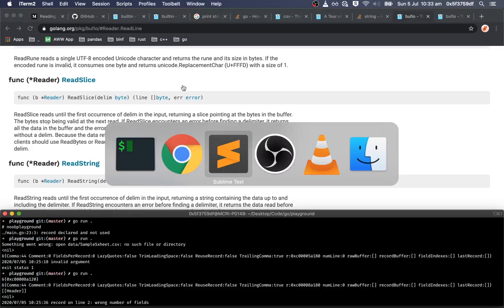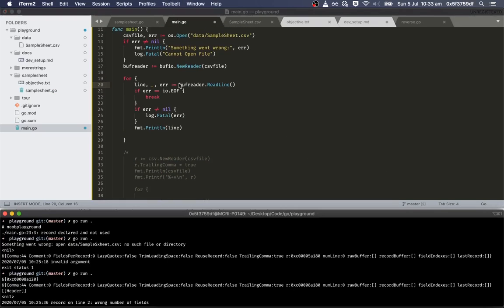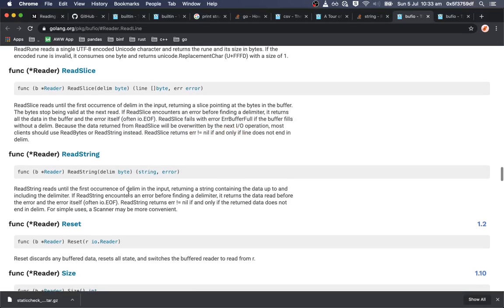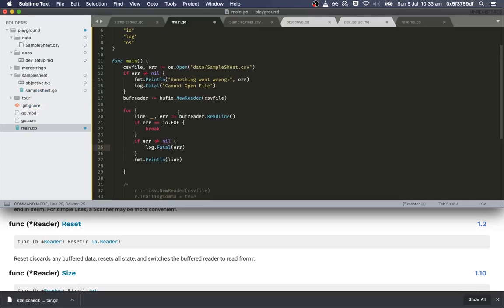Yeah, but the delimiter is going to be a new line. So we want to read the string, and it returns the string instead of this thing. So we go read string, and then we get back a string and error. Yeah, that's better. So it's basically the same as read line, but you get a string instead. So we want the line, and then we want to give it the delimiter, I think,